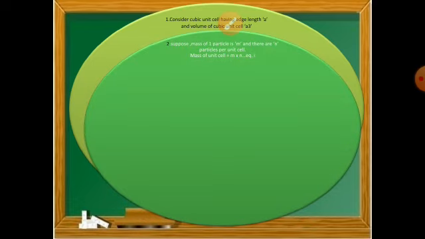Suppose the mass of one particle is m and there are n particles present in a unit cell. Now, you have seen that in a simple cube the contribution is of only one particle, that is n equals 1. For BCC we have seen that the contribution is of 2 particles, and for FCC n equals 4 particles. So I can write the mass of the unit cell equals small m into small n. So this is my equation number 1.